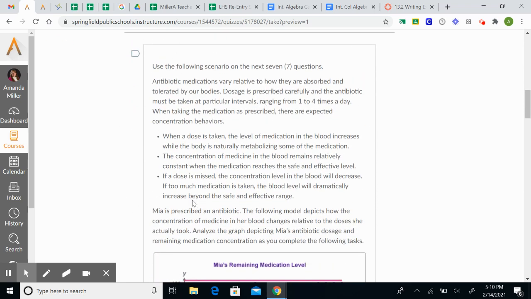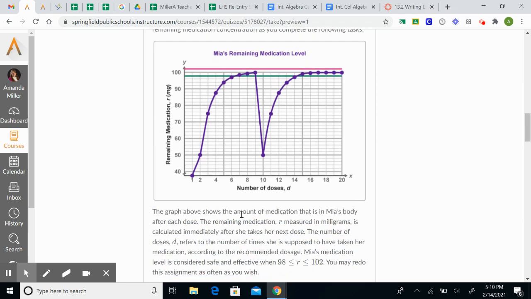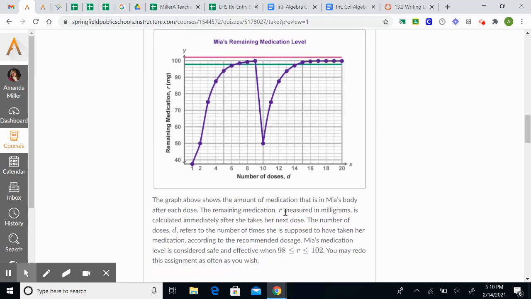So you'll want to read through this. It gives you information about Mia and this prescription of antibiotics that she's taking. Specifically, though, I want to talk about this graph. You'll also want to read down here. So this is the graph that they give you, and down here it tells you that the medication is safe